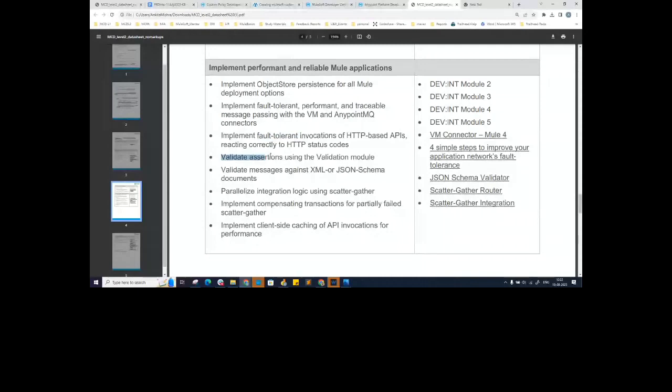After that, under this module, you also have something called the validation module. Again, an important topic. The validation module helps you to validate your incoming requests, whether the request is valid as per the conditions that you have given. There are a lot of out-of-the-box operations already provided to us by MuleSoft. Along with that, there is also something called a schema validator that will help you to validate the messages against an XML or JSON schema. So you have to understand the concept of Postel's law.